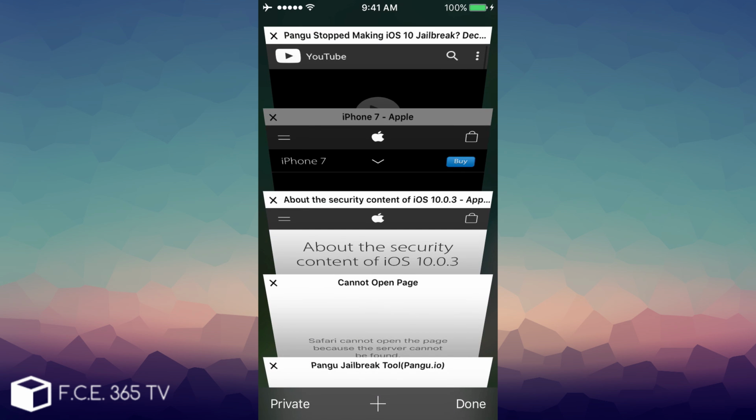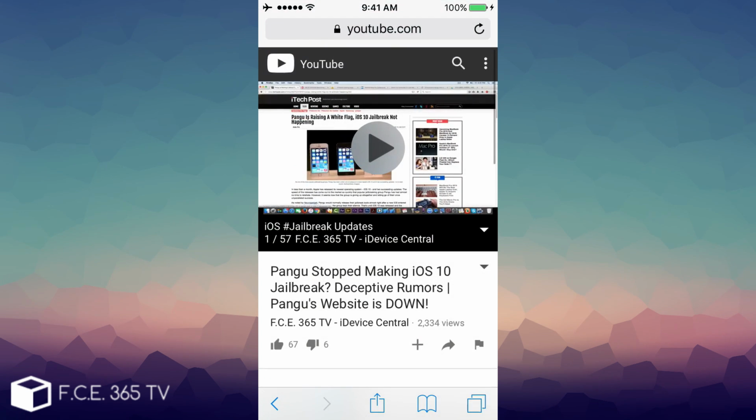There was a video I created recently called "Pangu stopped making iOS 10 jailbreak," because there were a couple of articles, as you can see from the preview, saying that Pangu is raising a white flag and so on. We discussed this. There were a couple of articles, including one from the World of Tech Post